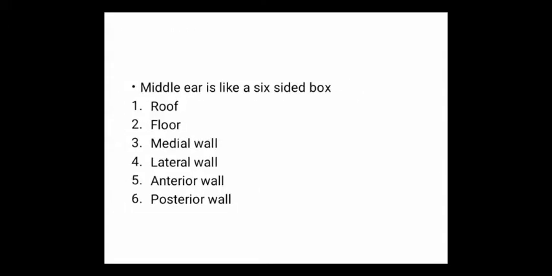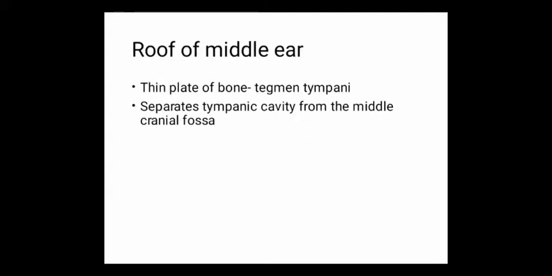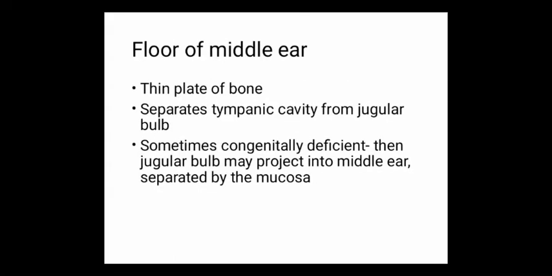Middle ear is like a six-sided box with a roof, a floor, medial wall, lateral wall, anterior wall, and posterior wall. Roof of the middle ear is formed by a thin plate of bone known as tegmen tympani. It separates tympanic cavity from the middle cranial fossa. Floor of middle ear is also formed by a thin plate of bone. It separates tympanic cavity from jugular bulb. Sometimes the floor of middle ear is congenitally deficient, then the jugular bulb may project into middle ear, separated only